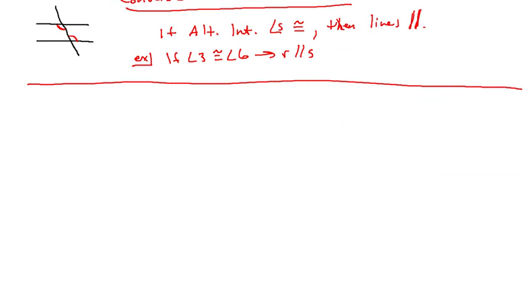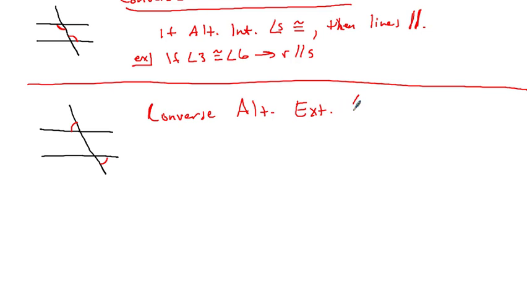All right, next one is alternate exterior angles. So we need a picture of that. Two lines, don't know if they're parallel, cut by a transversal, and we need our alternate exterior angles. So this is our converse of our alternate exterior angles theorem. Remember, converses are the opposites of the theorems. So the alternate exterior angles theorem says if two parallel lines are cut by a transversal, then alternate exterior angles are congruent. So our converse will say if